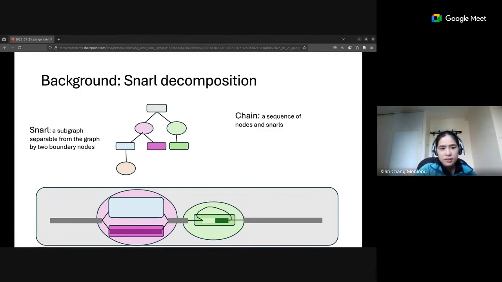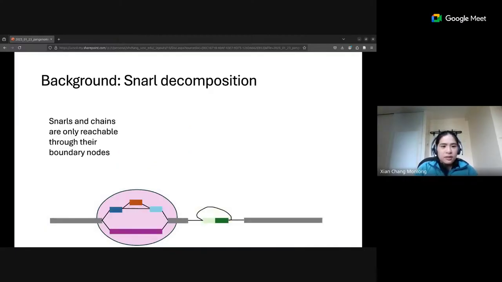And because of this property that snarls are separable, they're only connected through their two boundary nodes. Doing this doesn't change the topology of the graph, right? It's still this pretty simple bubble that it would be like this. Right, so that's this property here. Snarls and chains are only reachable through their boundary nodes, and this property is useful for calculating distances